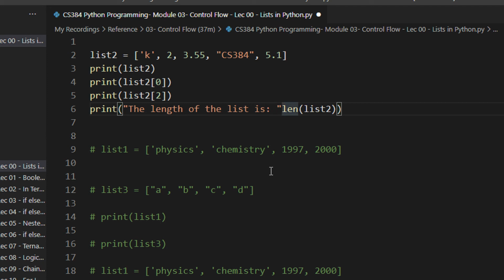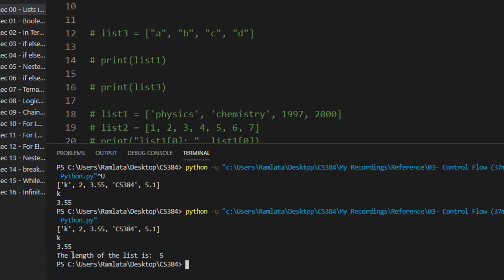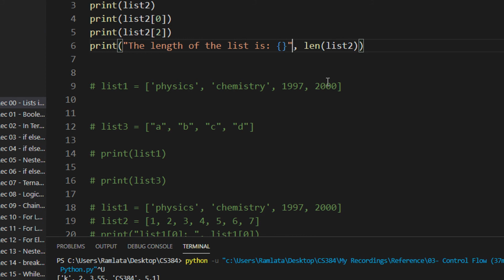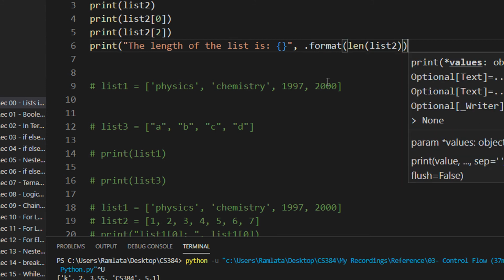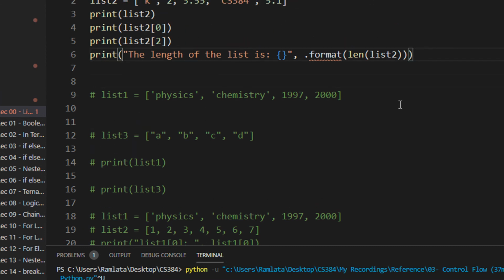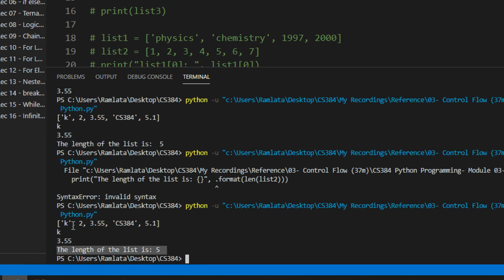Since I have only one variable, I can directly write here in this fashion. So the length of the list is 5. Or if you want to use the format method, which we studied in the previous lecture, I will just write format and surround it in parentheses and then execute the code. Oh, sorry, the comma will not come here. So the length of the list is 5.